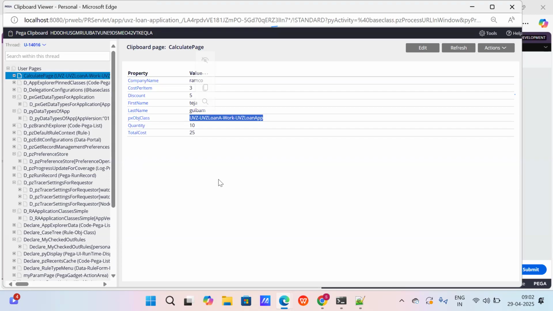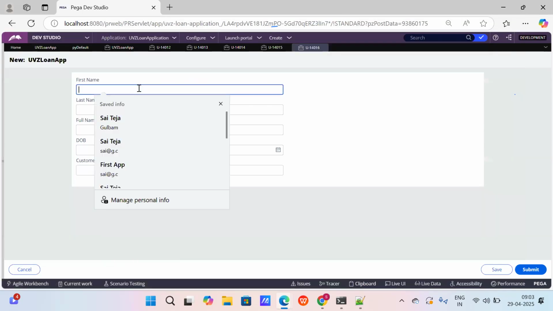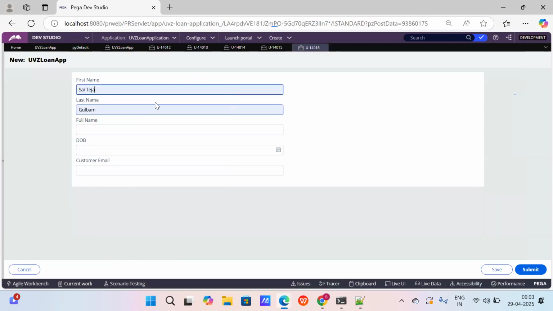Whatever value the user entered will be available in the PY work page. But here also we are using the same properties, like first name, last name. So both pages will have different values then. If you see, these are the things which got created using the PY default data transform, right? Now, we have first name, last name here also. If I try to give this value,